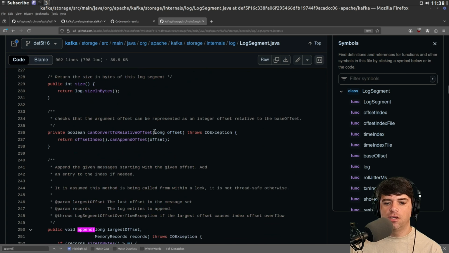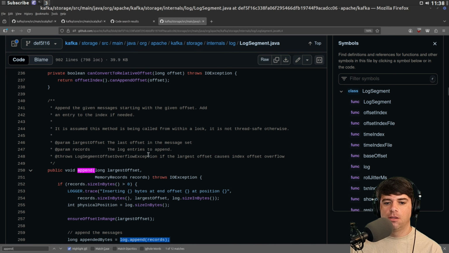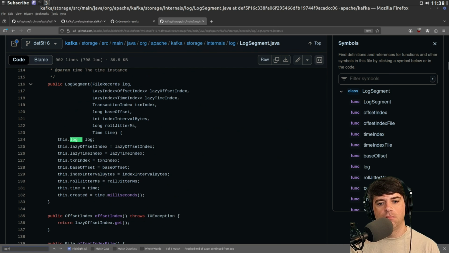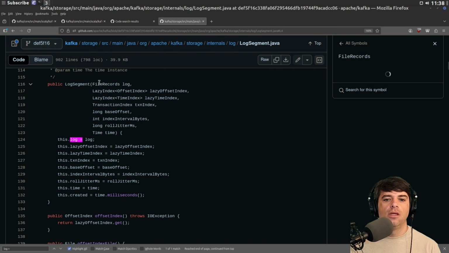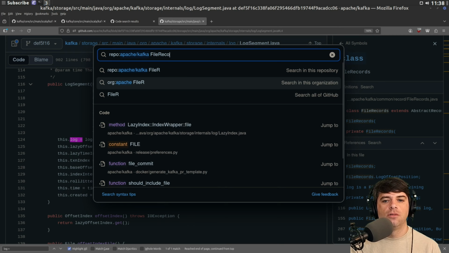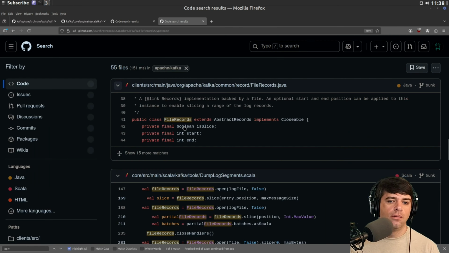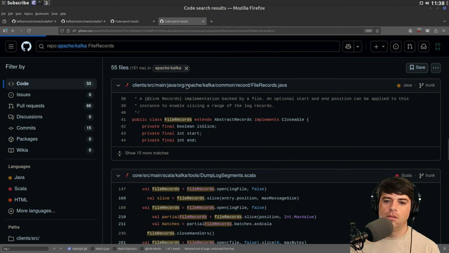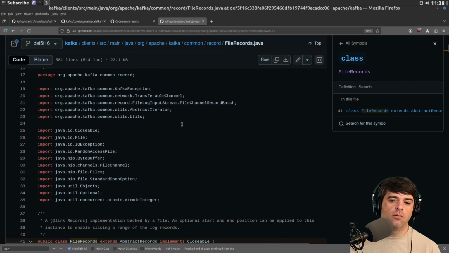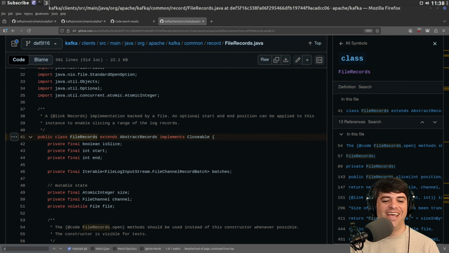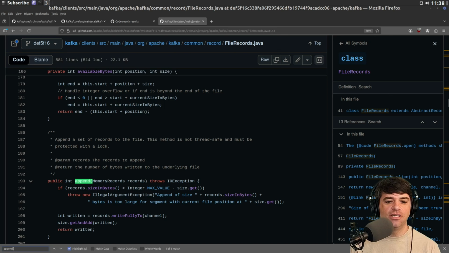But what is log in this case? There's .log is equal to log. Log segment is a file records. I feel like we're getting close to actually seeing some data written.